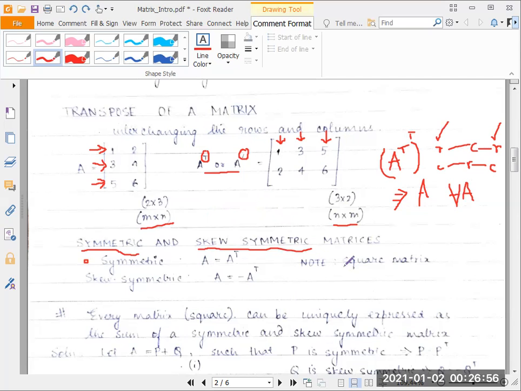Another thing is a symmetric matrix is always a square matrix. So why is that so important? Whenever we transpose a matrix, the dimensions of the matrix change. That is, the m cross n of the original matrix becomes n cross m of the new matrix. Now, for one matrix to be equal to another matrix, all the individual elements of the matrix need to be